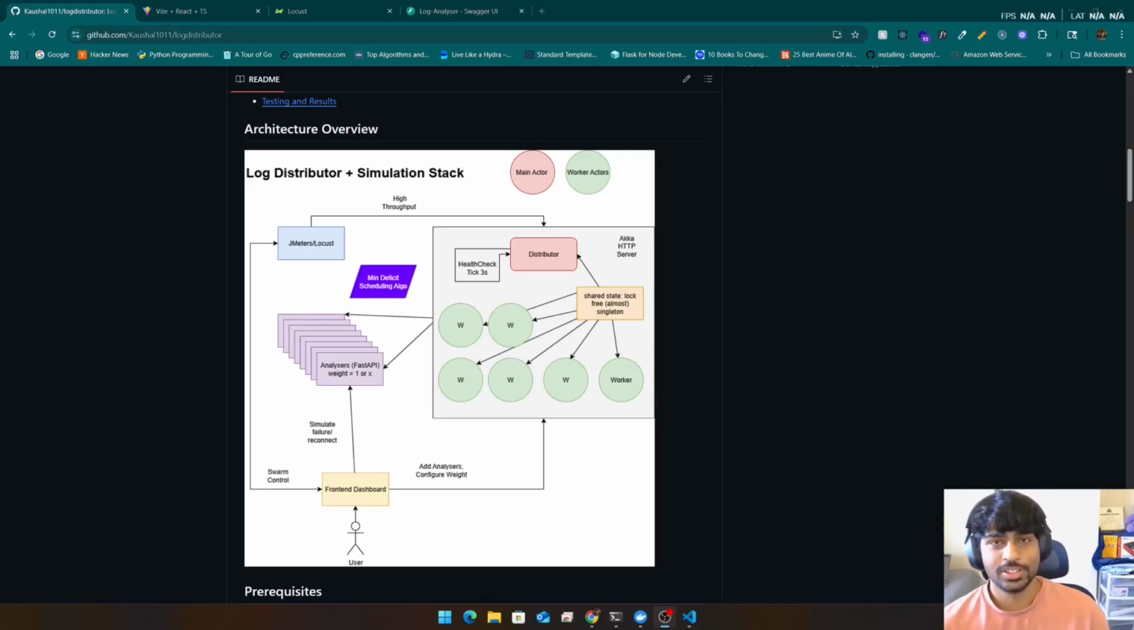Hi. So in this video, I am going to be demoing my log distribution system plus the simulation stack, which is highly concurrent and has support for failure and recovery of analyzers. So this is how I'm going to do it. I'm going to do three different test cases for the system, explain how the system behaves and works, and towards the end, I am going to be explaining my architecture and the tech stack and what sort of technologies that